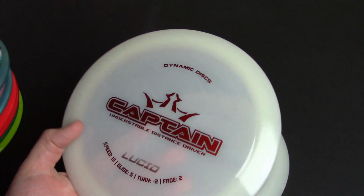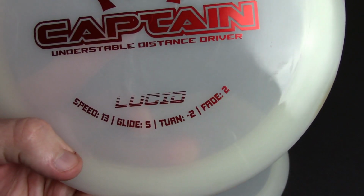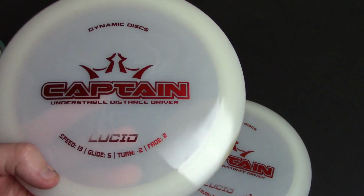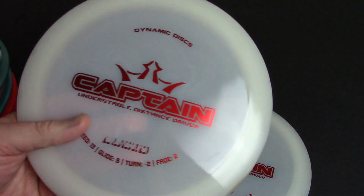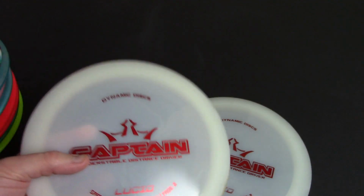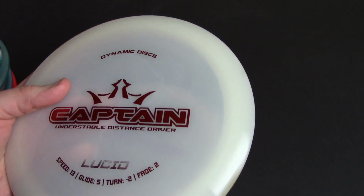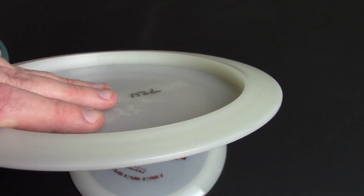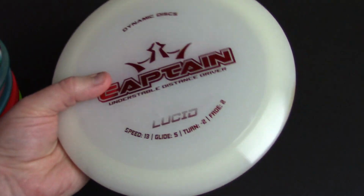Okay, moving on. Other stuff I'm testing. I'm testing some Captains. I'm looking for a more inherently, naturally flippy distance disc. These, in the past, the one I reviewed originally was very understable. This newer run, slight dome, kind of a little bit pop-top white ones, opaque white Lucid plastic sometimes tends to seem a little bit more stable. These end up flying relatively similar to my Havocs, but they fly kind of like my Air Havoc, which is great because I can't really replace the Air Havoc very readily. So hopefully these can kind of fill in that role, and as they break in, they'll become flippy enough to roll easily and hold those big turnovers more easily. That's